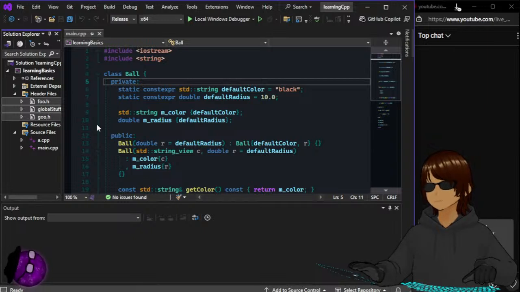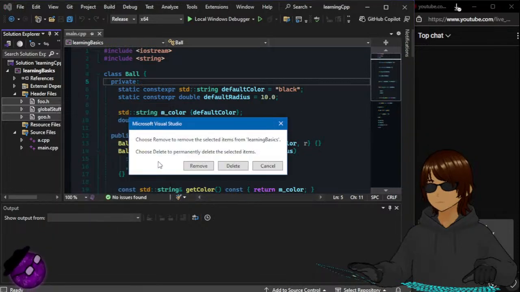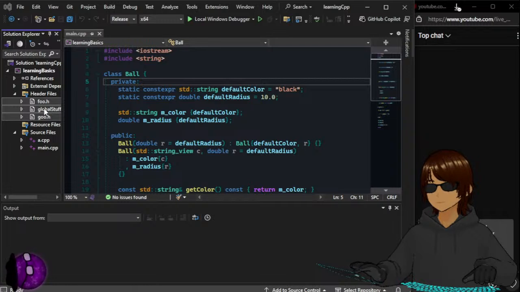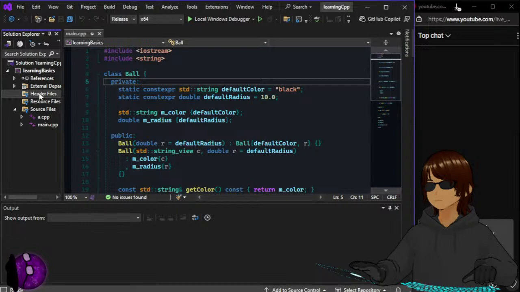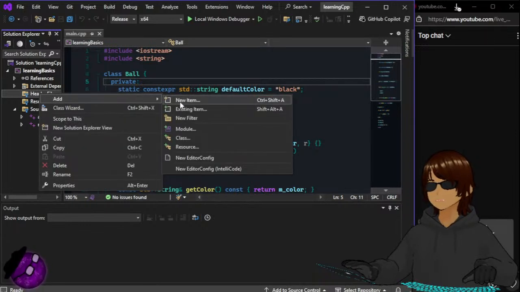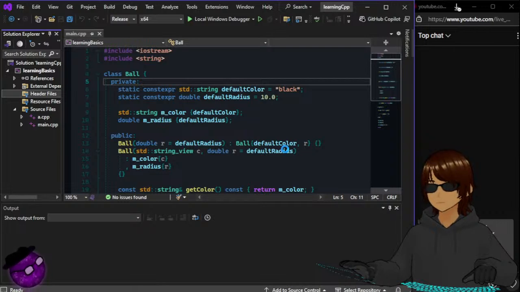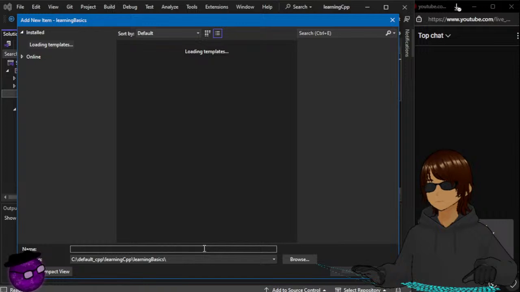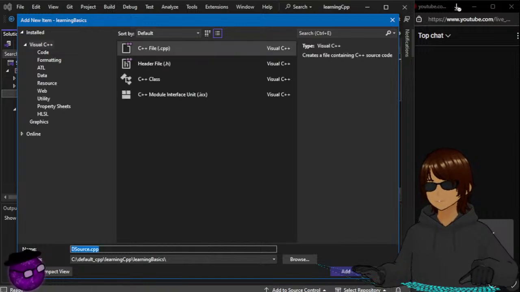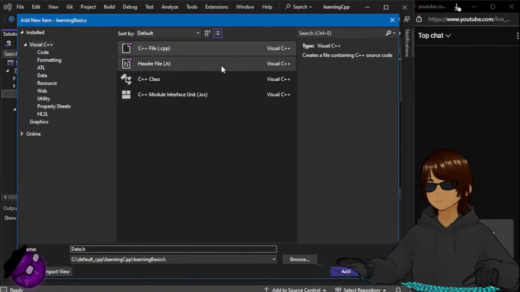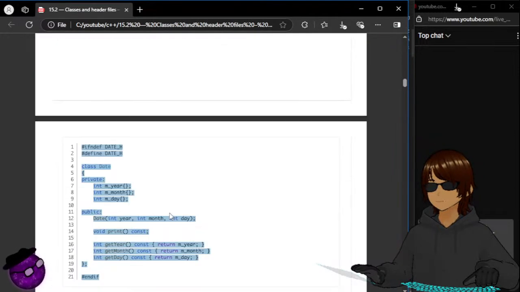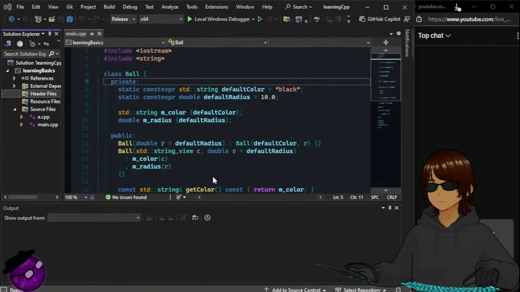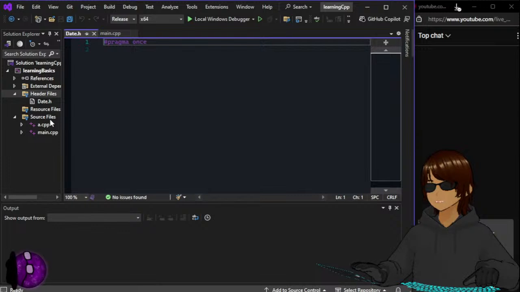And let me delete all this. And then add a header file. Let's call it date.h. And then